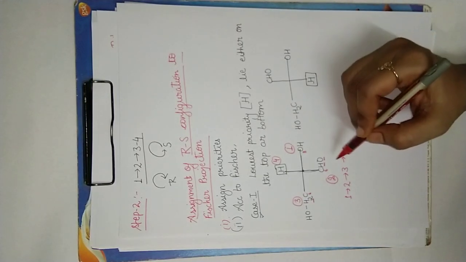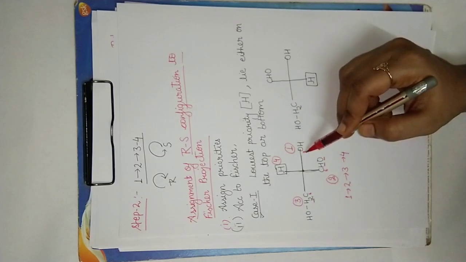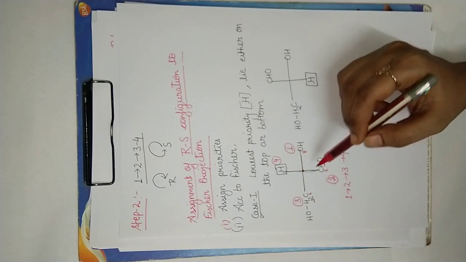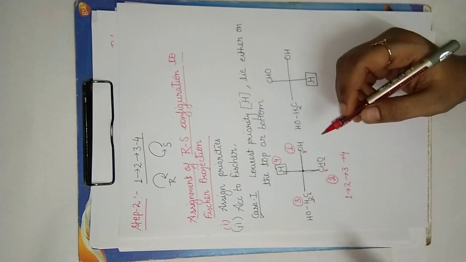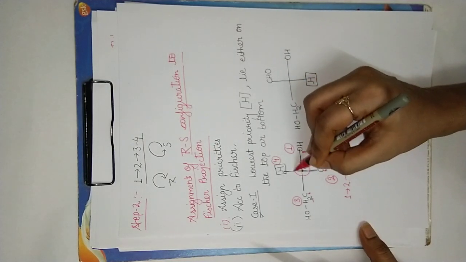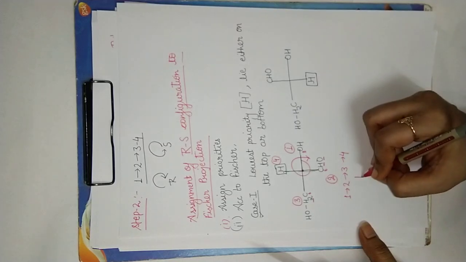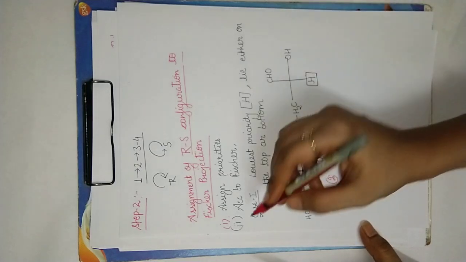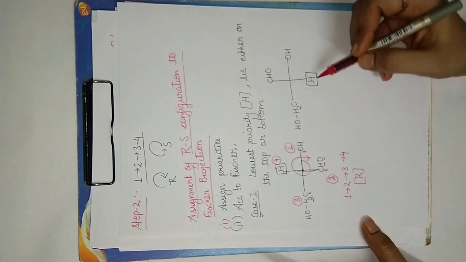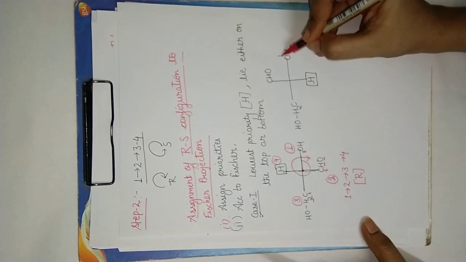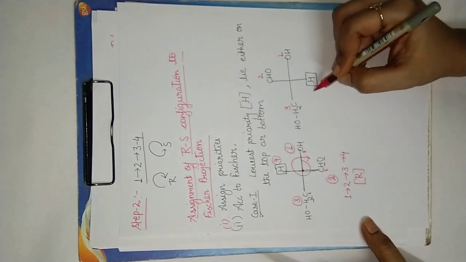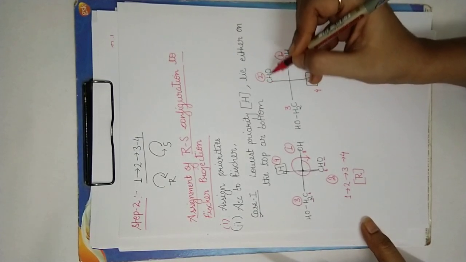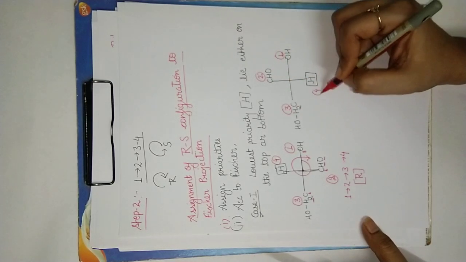Direction of the movement of the eye in going from the group of highest priority to the group of second priority, then the group of third priority, 1, 2, 3, and assign the RS configuration accordingly. OH like this, R configuration. This is R configuration. Case 1, if H lies either on the top or on the bottom. Always remember 1, 2, 3, 4. Number 1 because of the highest priority, number 2 because of the second priority, this is the third priority, this is the fourth priority.